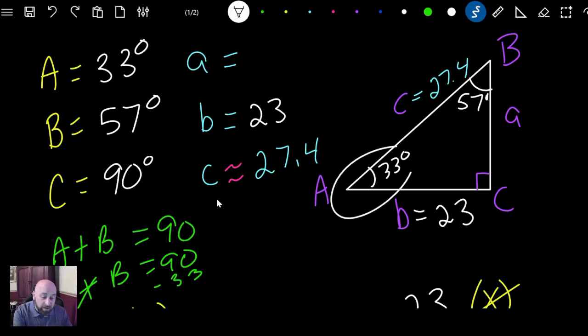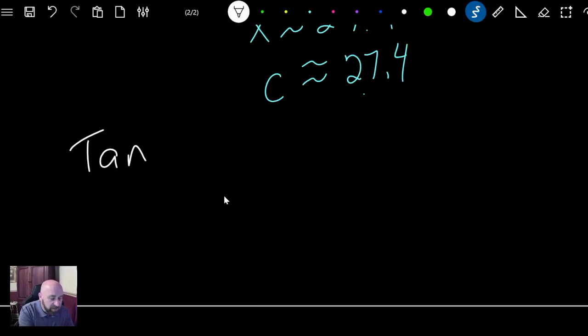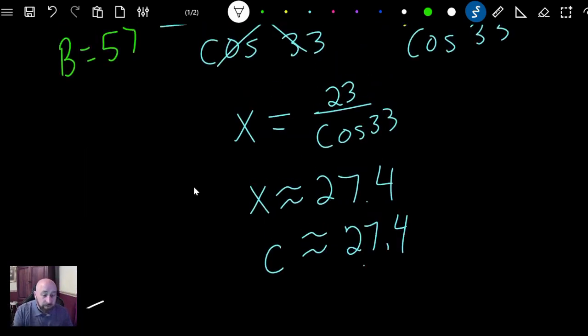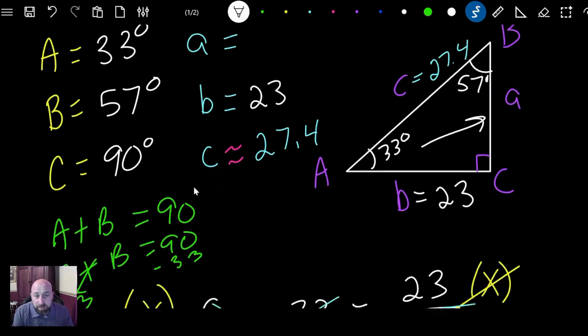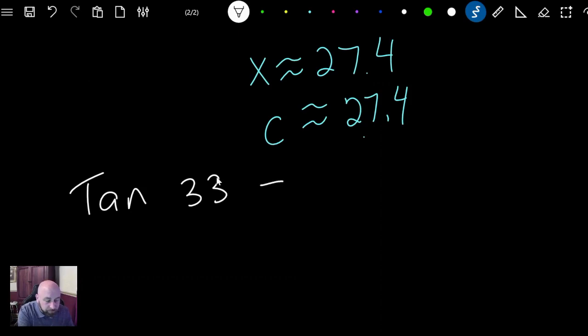So if we use angle A again, what do we have? We have A, that's what we're looking for. That's our X now, our missing value still. And we have B. So we have the opposite and the adjacent. What trigonometric function uses opposite and adjacent? That's right, tangent. So we can use the tangent of A, and you could use tangent of B as well, it doesn't matter. But we're going to use tangent of A, so tangent of 33 equals opposite, that's our X this time, and